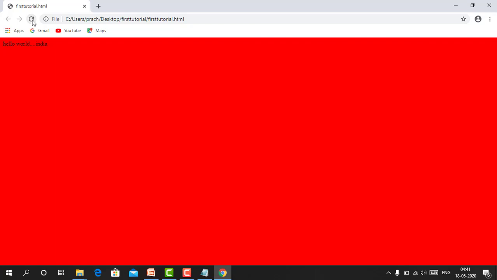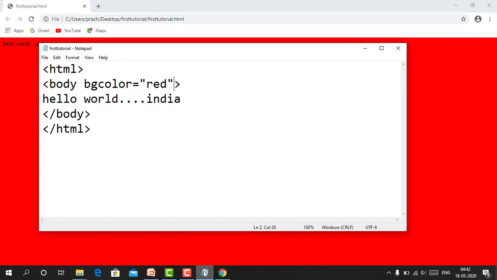Now I want this hello world in bold font. To do bold font, we will use the different style tags. We know that different styles mean bold, italic, underline. Firstly we will use the bold tag.